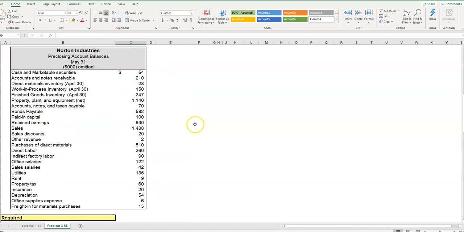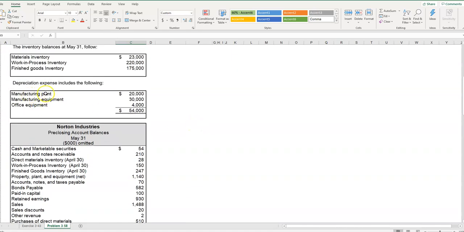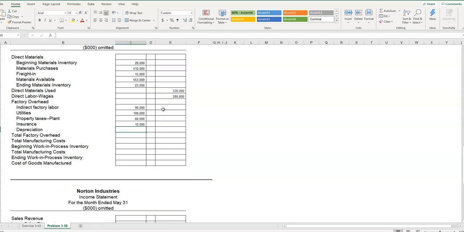And then the last factory overhead cost we have is depreciation. We have a chart here of our depreciation amounts. Of the depreciation amounts, we have 2 items for manufacturing and 1 for office equipment. So we have $50,000 worth of depreciation that goes into overhead, and the remaining $4,000 is a period expense which ends up on our income statement. So we have overhead depreciation of $50,000. That gives us our total factory overhead,